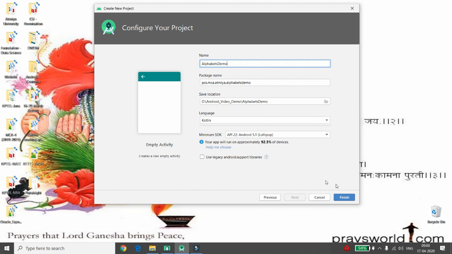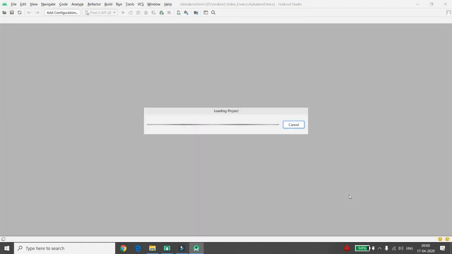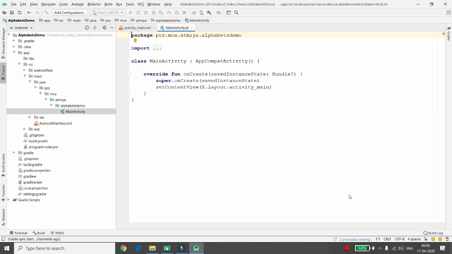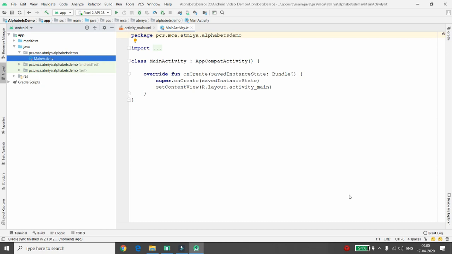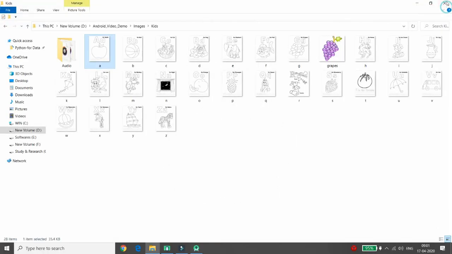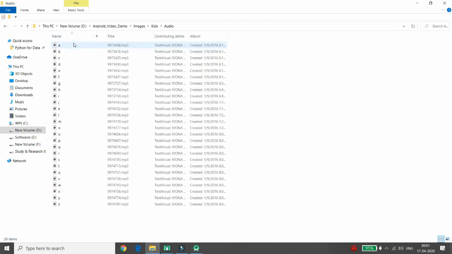demo. Here I want to bind all the alphabets from A to Z letters, right? Those 26 alphabets into a grid view. And whenever the user clicks on any alphabet, I want to display the related image and I want to play the voice. Let me show you what the images and the audio are. Right? See, this is the image of alphabets from A to Z. And whenever the user clicks on this particular image, I want to enlarge that image and I want to play the respective audio. I have an audio of A to Z alphabets.